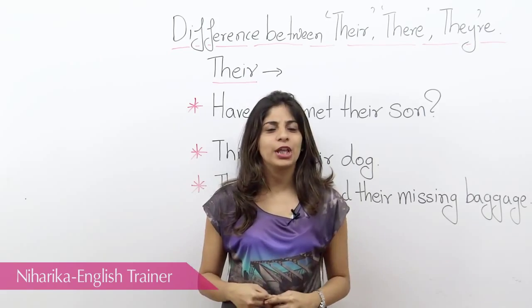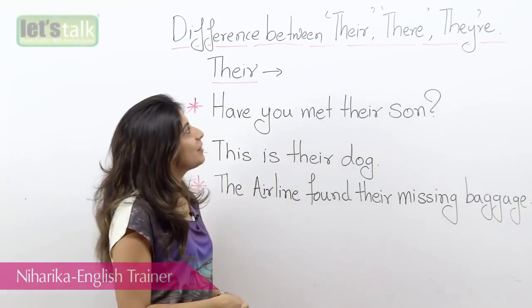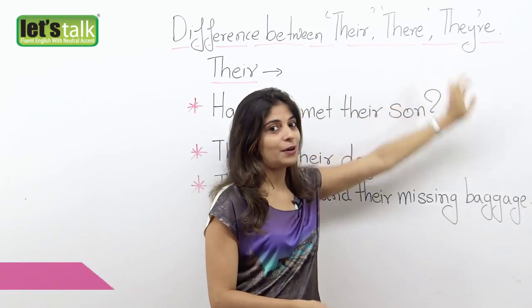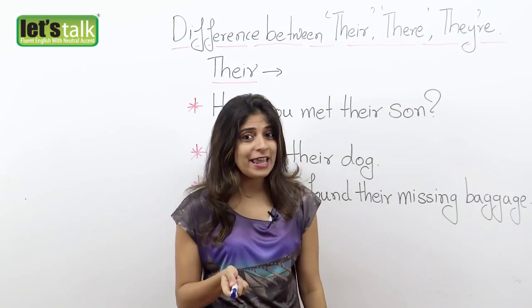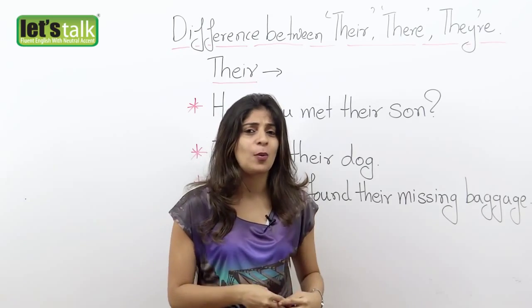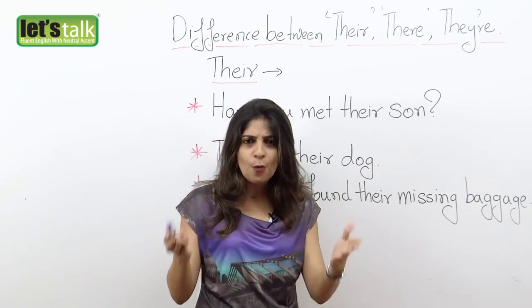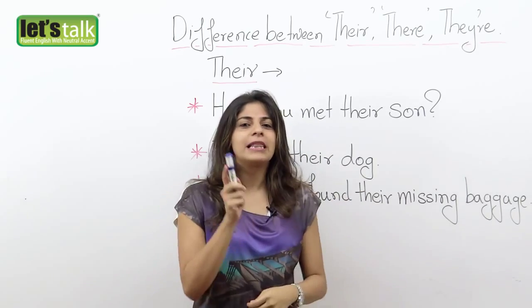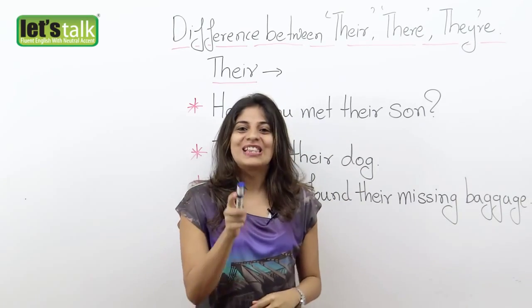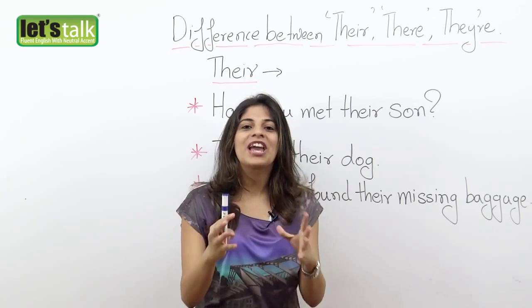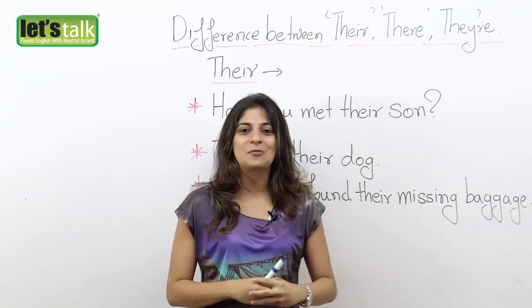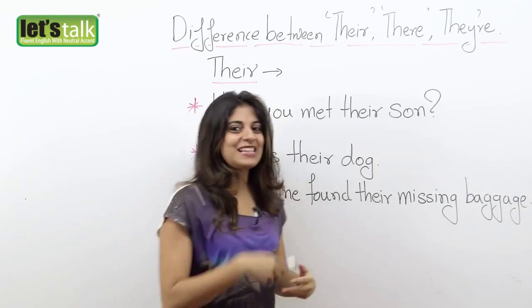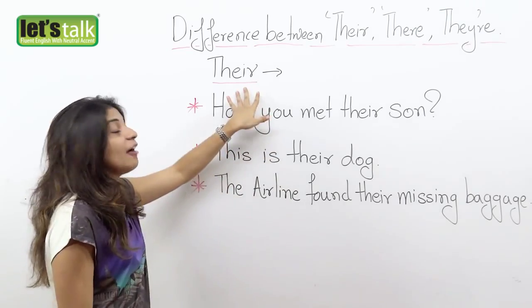Let's see what we are going to learn today. Well, we are going to learn the difference between their, there, and they're. Now while writing English, you may stumble over these commonly confused words. They are homophones, they sound similar, but they are used differently. So that's what we are going to learn today. We are going to look at the difference between these words and of course how to use them correctly. So let's get started. Now we have their,